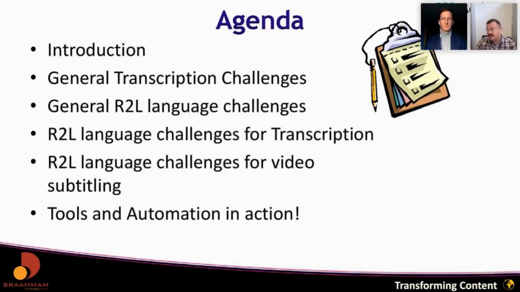Then once the transcription is done, the other task is translating the transcript, which would appear as a subtitle. So if it's an English video and you want to bring it out into German, Arabic, whatever, you can choose the language that appears on the video. Now, even within that, there are two different situations. You could export a file like an SRT file, DFXP file. There are many formats